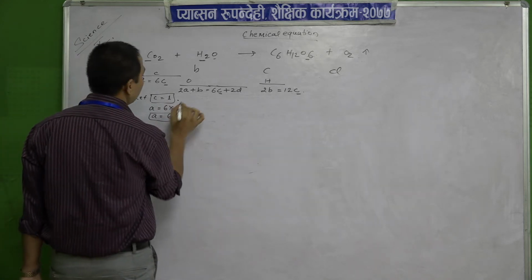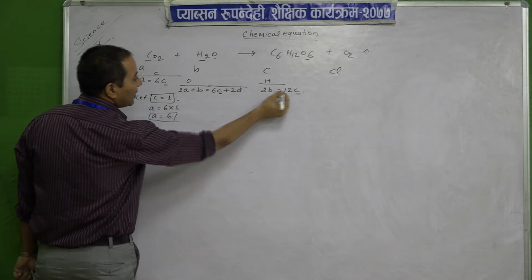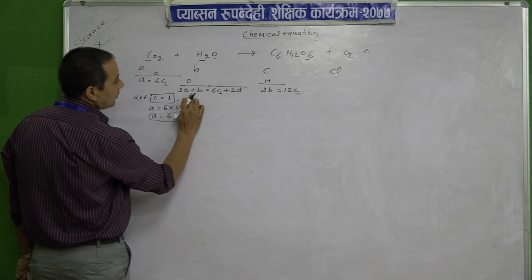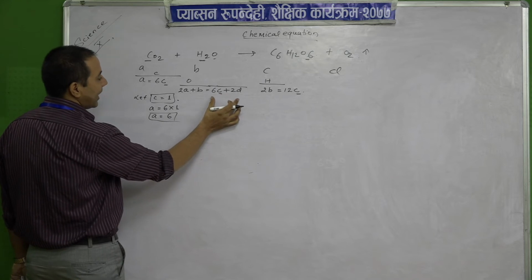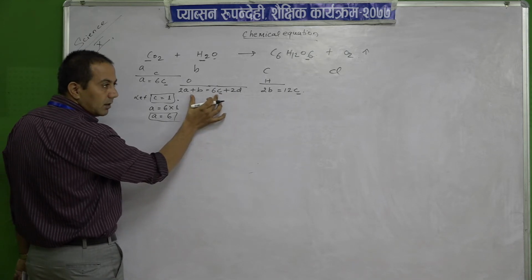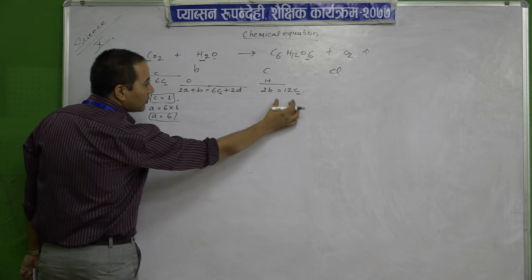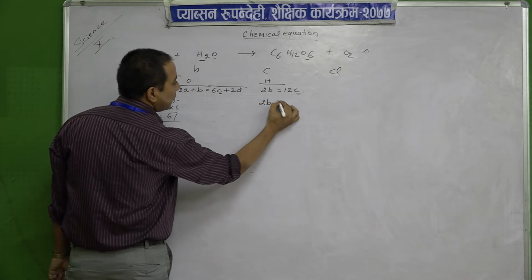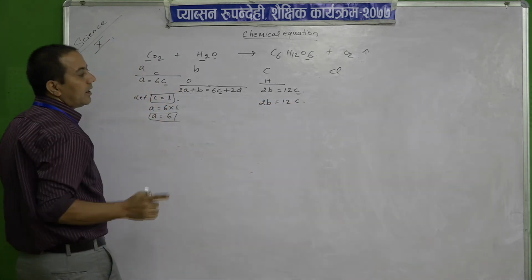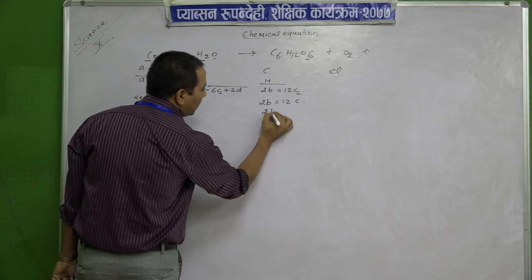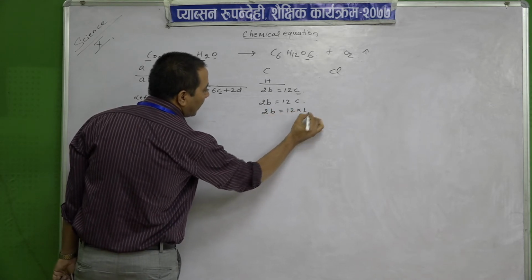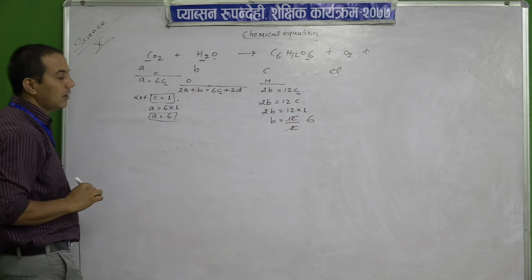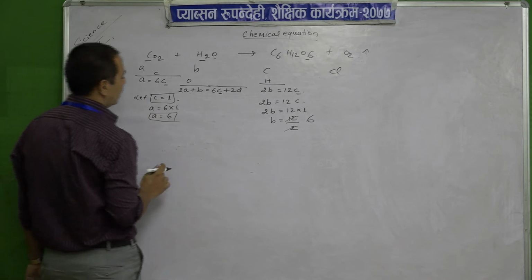Now B. Then again we will solve the short one. Then B, or here D is there, C is there. There are two values unknown, so we cannot find the value. Therefore, we will solve first this one. So here 2B equals to 12C. So we are taking C as 1. Therefore, 2B equals to how much? 12 into 1. B equals to 12 upon 2. That is 6.